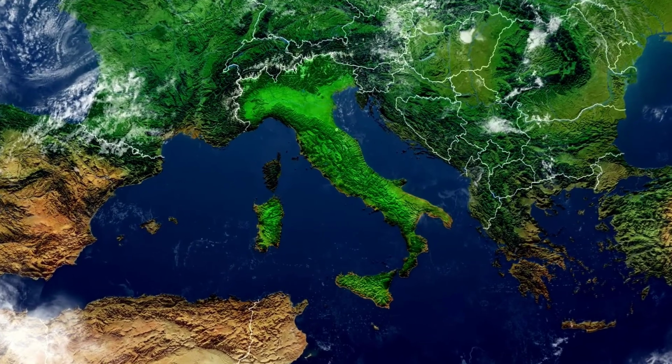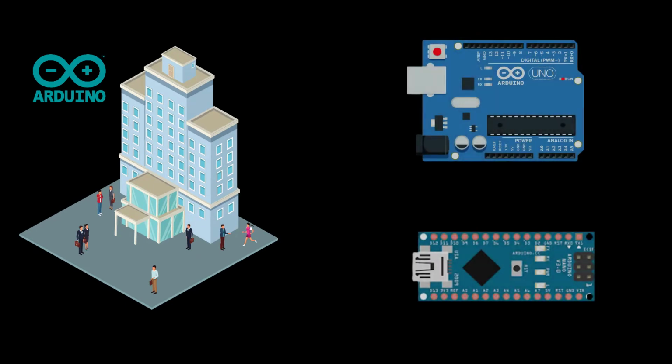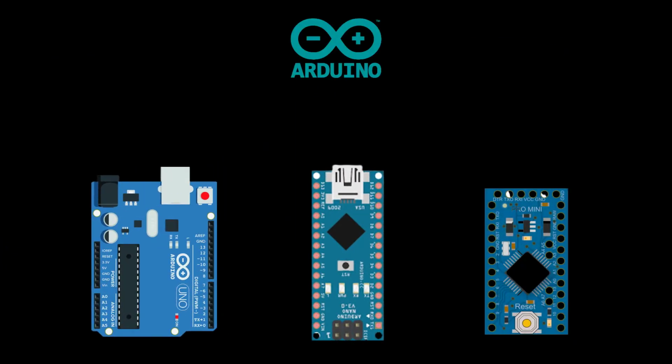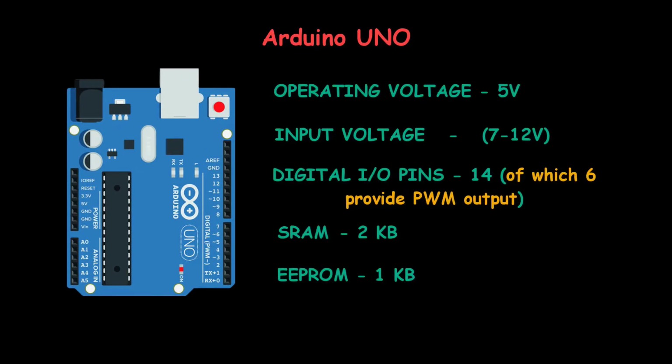Arduino is a company situated in Italy that designs and sells microcontroller-based circuit boards. They call these circuit boards Arduino. Depending upon the size and functionality, they have different types of Arduino boards. For example, Arduino UNO is one of the most popular boards in the Arduino family and a good choice for